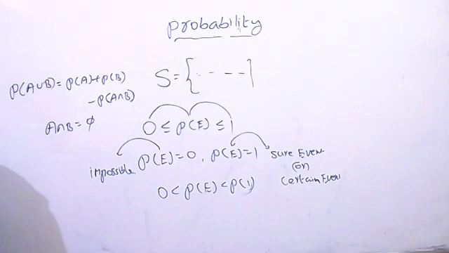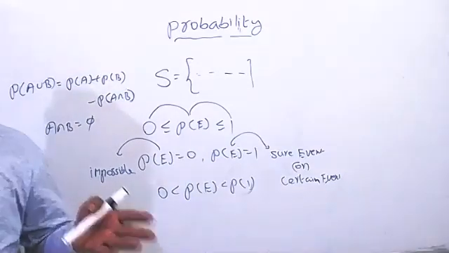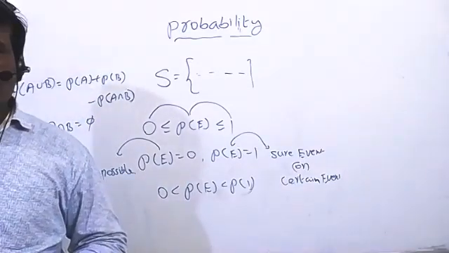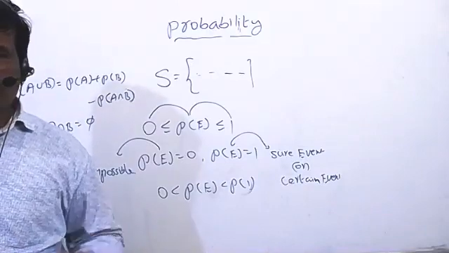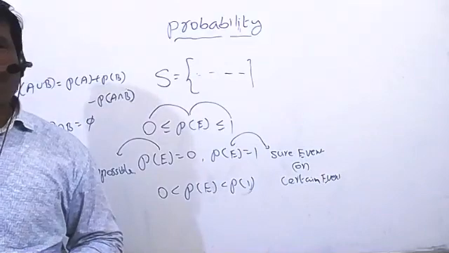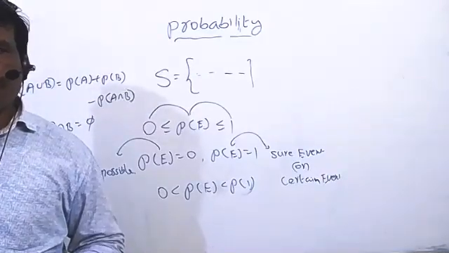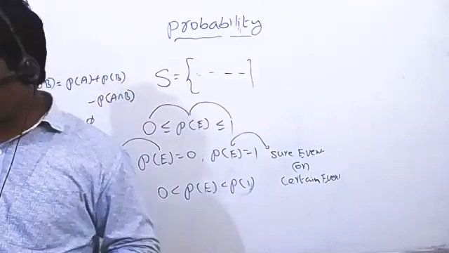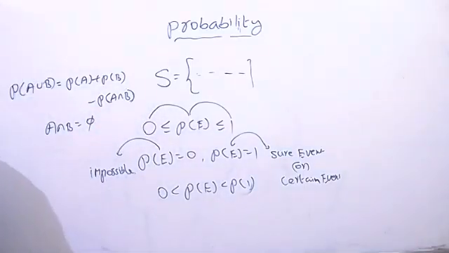And one more condition is given: events are mutually exclusive if the occurrence of any one of them prevents the occurrence of all the other events. Suppose you take any events in the random experiment, maybe one or two events will be present in that. That kind of thing we call exclusive. But exhaustive means all the events must be present. So two or more events associated with a random experiment are exhaustive if their union is the sample space.